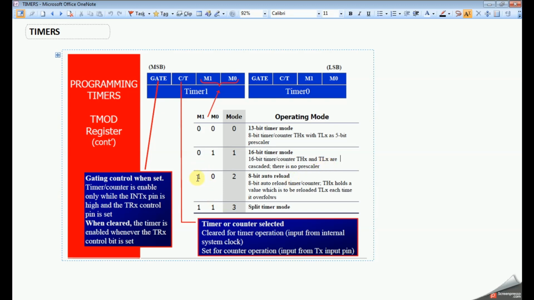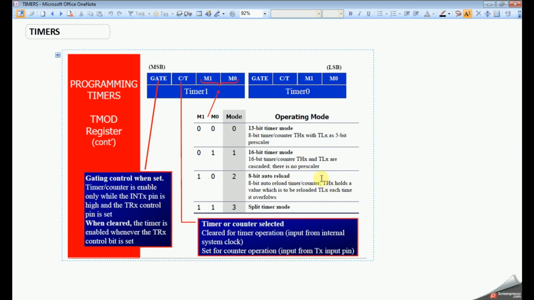And if M1 M0 is 1 0, we call it mode 2, the 8-bit auto reload mode. This means whatever you set for the TH value will be automatically copied to TL 0 or 1.